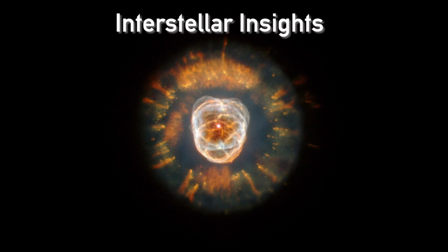Main-Belt comets are icy bodies that are found between Mars and Jupiter, of course, in the asteroid belt. If you know astronomy, it's considered rare. Because the majority of icy bodies, and this is where the majority of comets come from, actually come from the Kuiper Belt. Of course, that is where all the icy bodies are. That's where a lot of dwarf planets are. Pluto's in the Kuiper Belt, so...